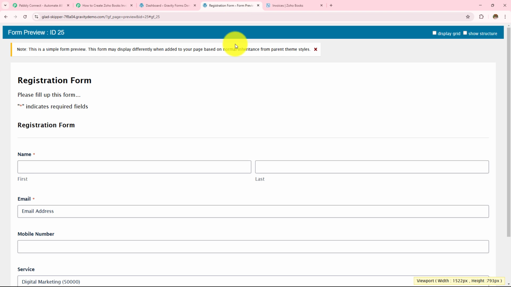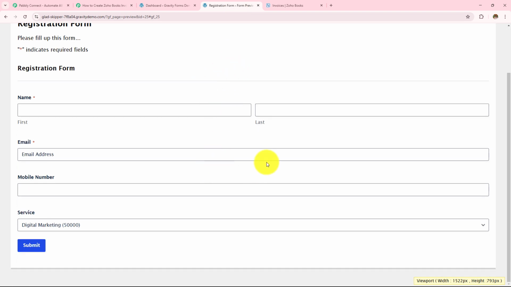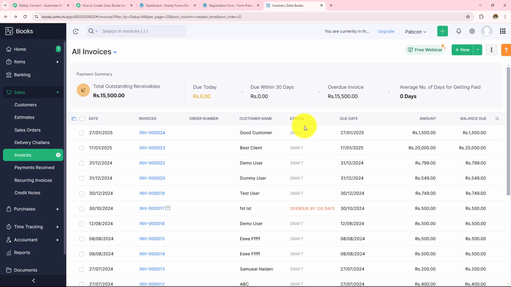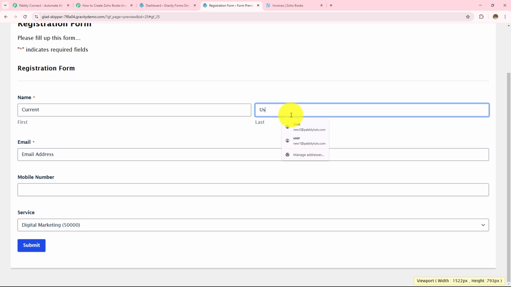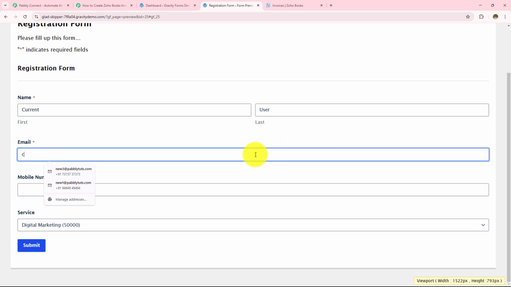So here I am going to open this form and I am going to fill some dummy details in all these fields, and after the form submission an invoice should be automatically created in my Zoho Books. So let's open my registration form and let's fill some dummy details in all these fields. So here I am going to enter my first name as current, my last name as user, email address as